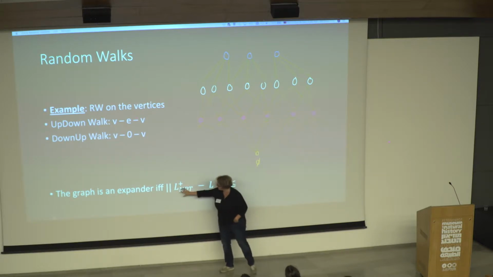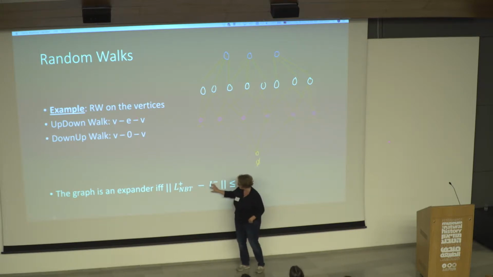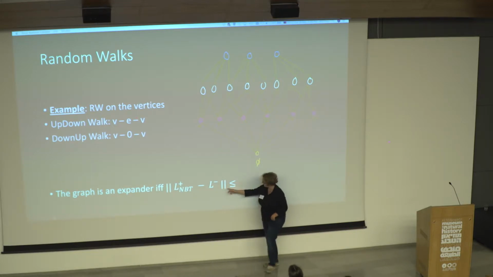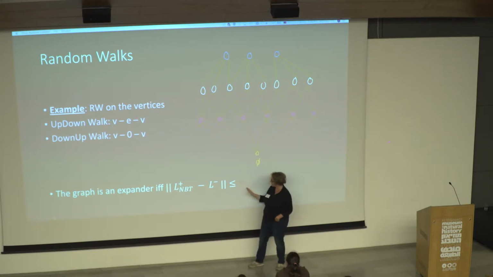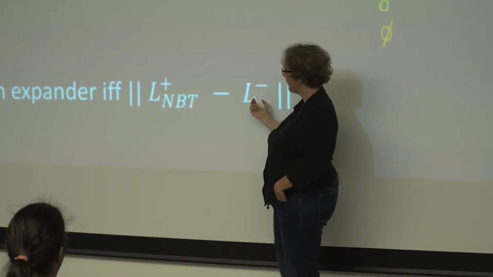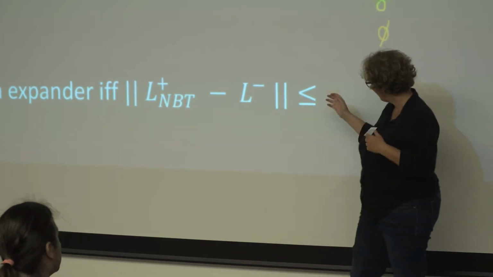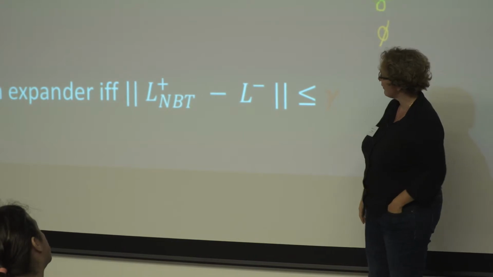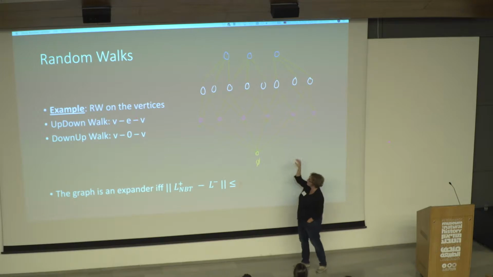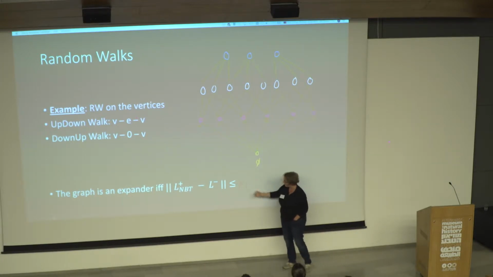And what does it mean for an adjacency matrix to be approximately equal to this operator in spectral norm? This just denotes the spectral norm of an operator. And what this says is that the operator norm here is bounded by gamma. It means that your adjacency matrix is a good approximator to this ideal object. It's exactly equivalent to being a gamma spectral expander. So our definition for higher order random walks, meaning random walks not only on the vertices but on subsets of larger size, is just going to be a